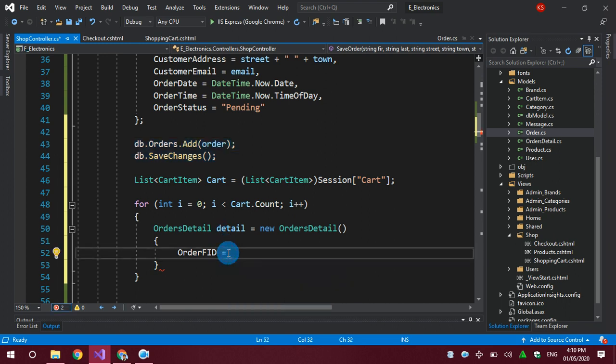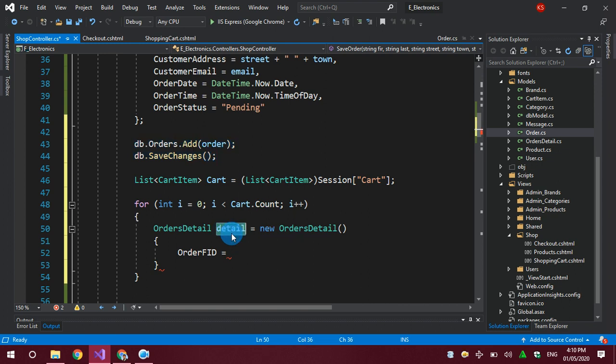So I have to link this detail to this order. While I'm adding this order, there is no other order which has a greater value here. In simple words, whatever the last order is, it is the order this detail belongs to.